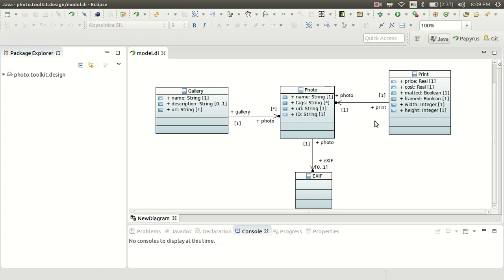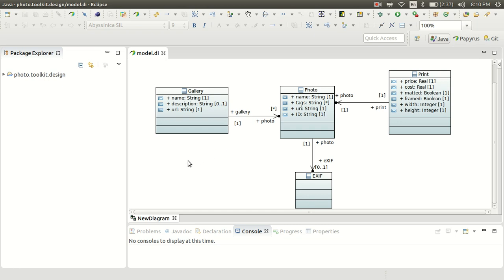On this side, you've got a print, which is a print of a photo. This is where we're looking at managing things like cost, price, inventory type concepts. We may be able to pull in some rule engines or something like that to help do some things. Some of these will also help when we get into reporting frameworks like BIRT and things of that nature to have some data that we can report on. So anyway, this is the type of data model that we want to do in EMF, and I